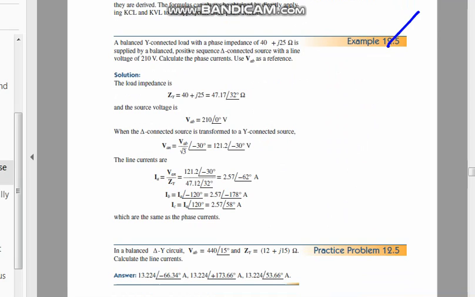That's example 12.5, that is a balanced Y connected load supplied by a balanced positive sequence delta connected source with a line voltage of 210 volts. Calculate the phase current, using VAB as a reference. This is the ZY. VAB is the source voltage, and VAB divided by root 3, that is VL divided by root 3, you can get VP. They want to find out the phase current, so first of all find out the phase voltages. After finding out the phase voltage, you can also find out